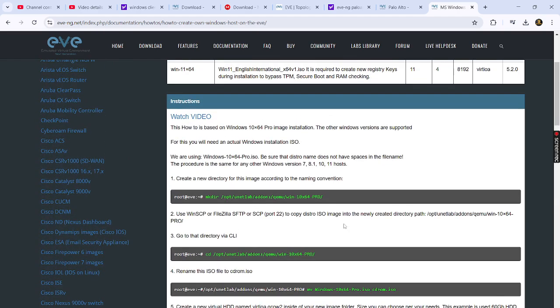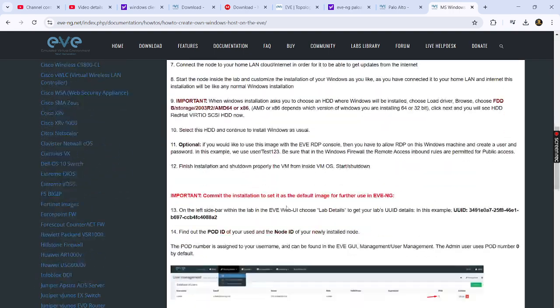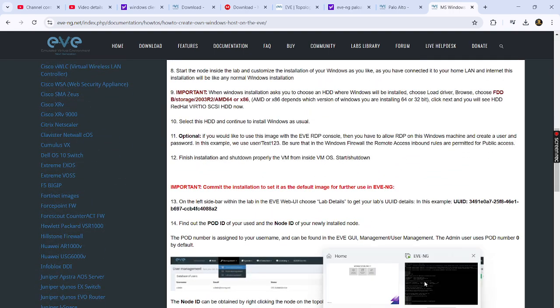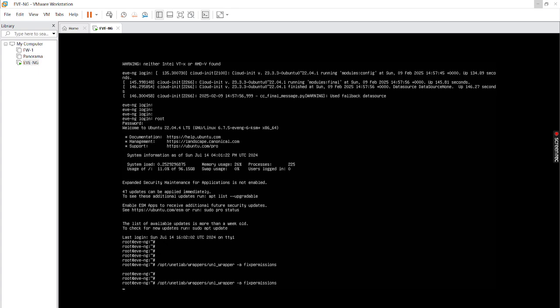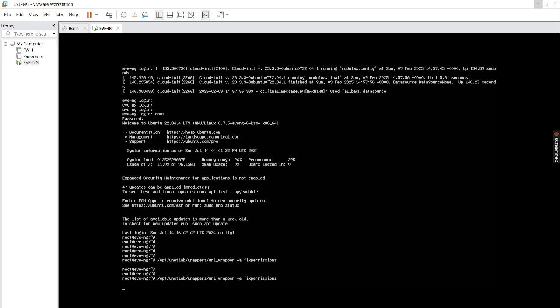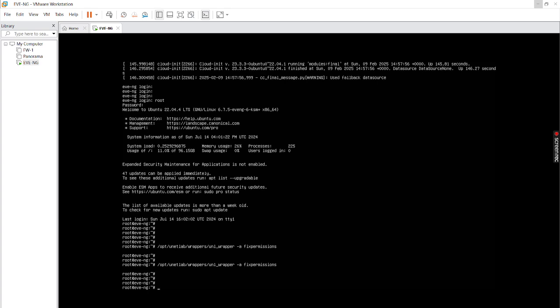I think we don't need to run the fix permission command, but anyhow, as far as I know, we are running the fix permission command once every image is installed. So I'm running one more time. It's no harm to run the command one more time. Yeah, the command ran successfully.